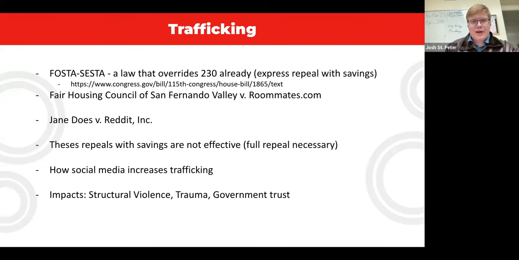And so the first example I'm going to give of people trying to do a partial repeal onto Section 230, but the partial repeal not being enough, is the FOSTA-SESTA Act. The FOSTA-SESTA Act was originally two different bills. It was one from the House and one from the Senate, but they got coupled together. The short terminology for it, if you want to look it up online, is the Stop Enabling Sex Traffickers Act. And essentially, it explicitly said that you cannot use 230 to protect yourself if you facilitate the issue at hand.